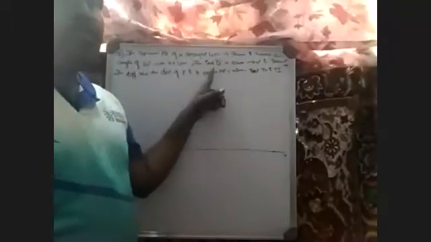Now just observe. This is your XY line, VP, HP. Here earlier they were telling end P. If line is PQ, they were supposed to tell end P is 10 mm over HP, 30 mm in front of VP. So they were trying to tell P is here and Q is over here. Whereas now they are talking about Q first. So they are telling Q point is here and P point is somewhere above. That's what they mean to say.